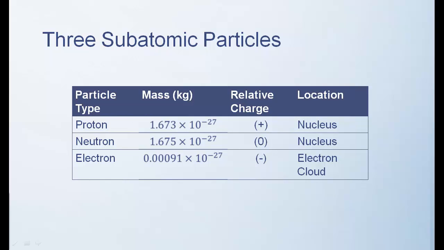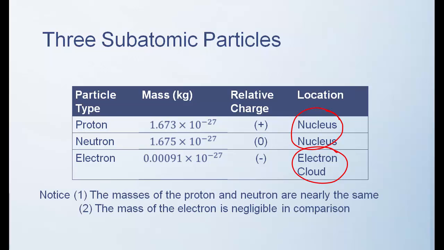The purpose of this slide is to just review with you quickly the fact that we have the proton and the neutron that are found in the nucleus, and the electron also in the atom, but in the electron cloud. And today, for the first time, I want to show you just how small these particles are. The proton and the neutron both have mass on the order of around 1.7 times 10 to the minus 27 kilograms. The electron is orders of magnitude less than that, much smaller. So notice that the mass of the proton and the neutron are almost the same, and the electron is quite